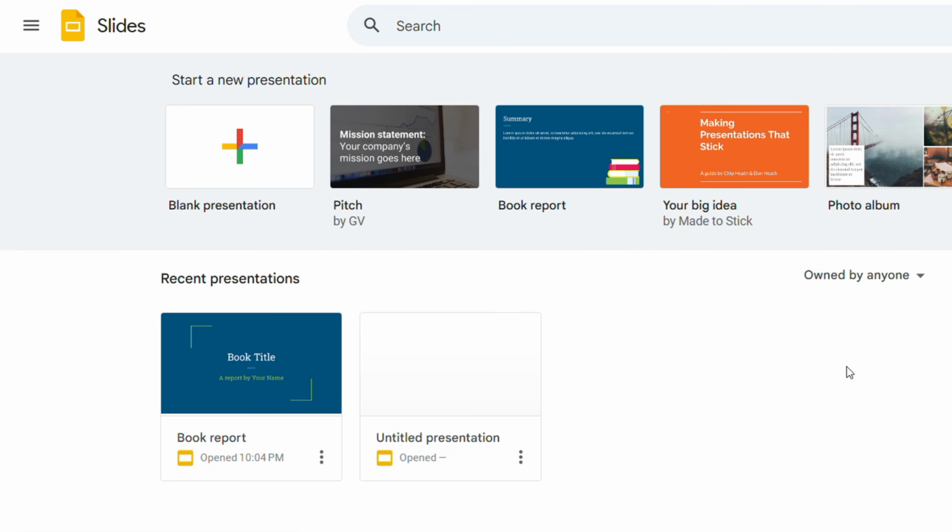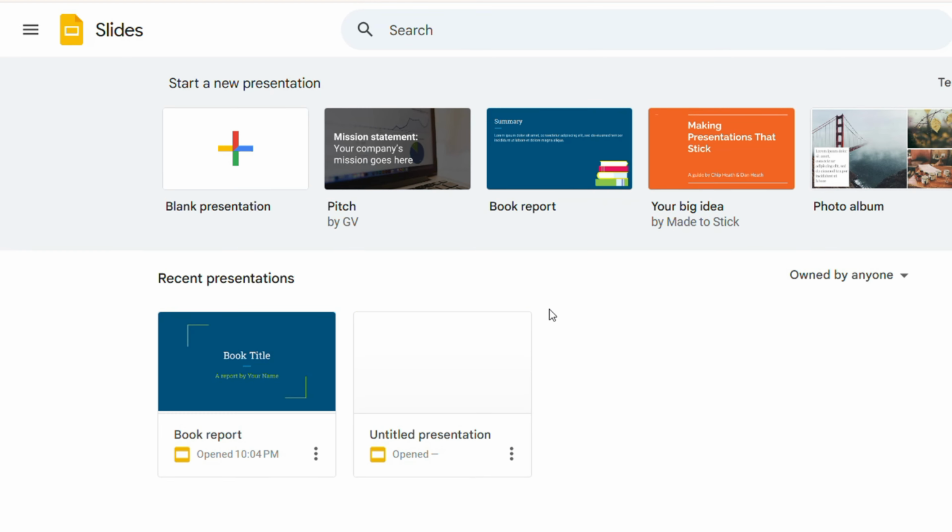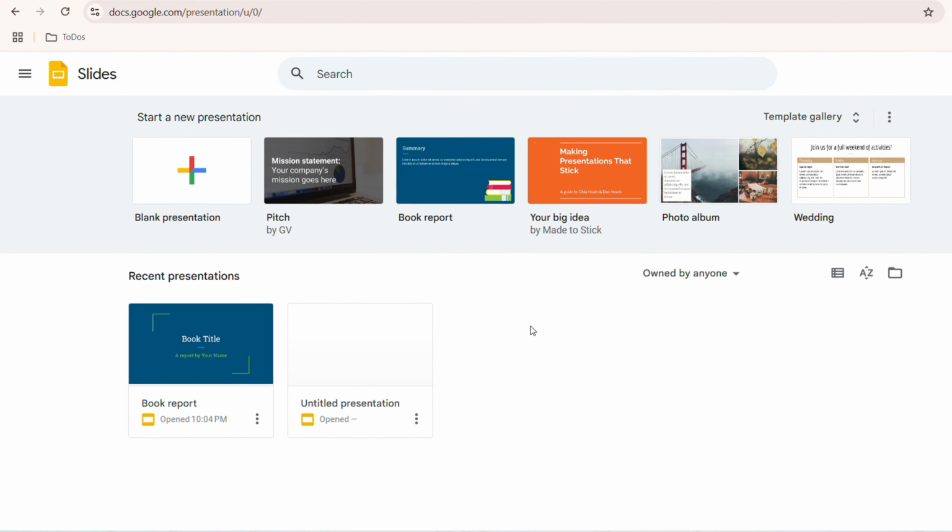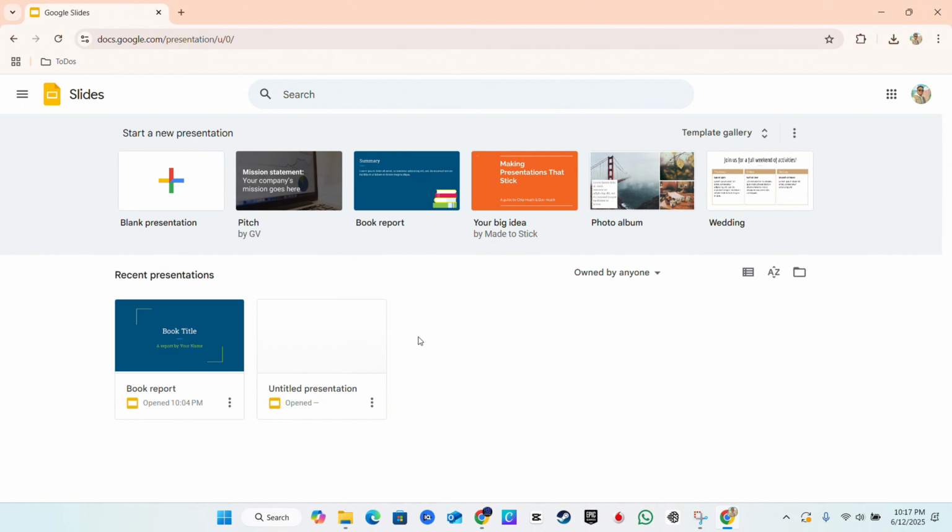Now in order to permanently delete this, you want to go to your trash, but Google Slides does not contain trash. And just for you to know, all Google products that you have, if you want to remove them, these will be stored within your trash. So I'm talking like Google Sheets, I'm talking Google Slides, all of these. If you have any files that you delete or move to trash, it's going to be stored on your Google